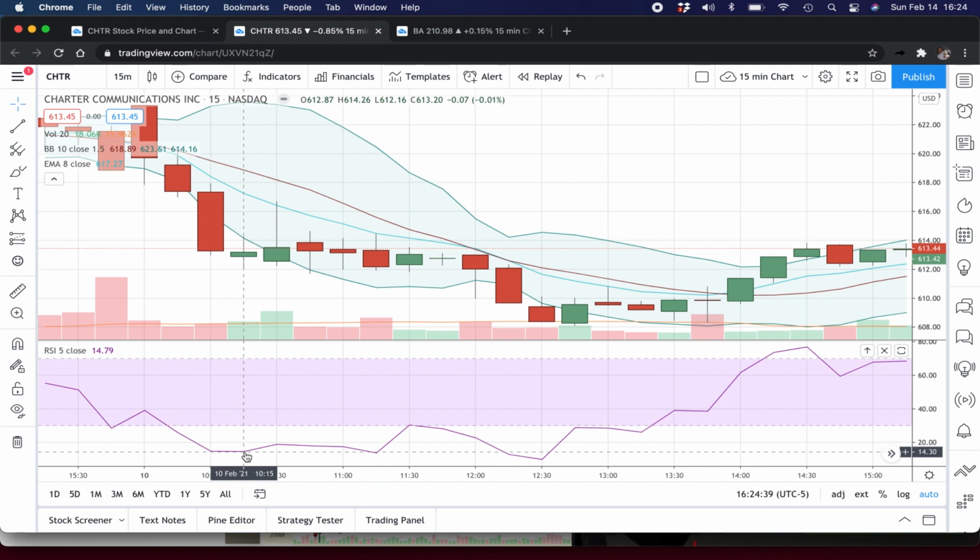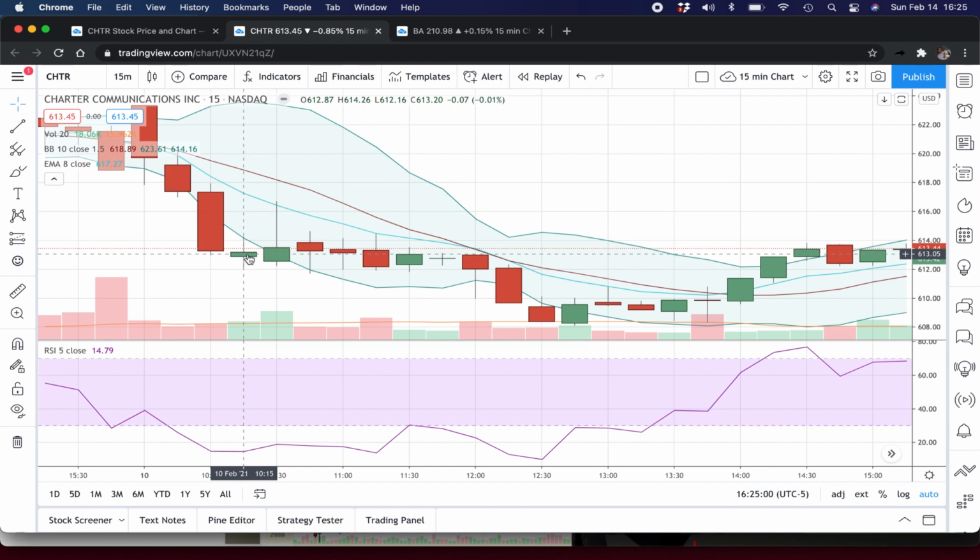I need it to be always below 20 for me to get the good signals, and the candle has to be green, right? And it's also below the lower Bollinger Band, as you can see. So the stock closed green. This is the confirmation signal for me. So I get into this trade blindly